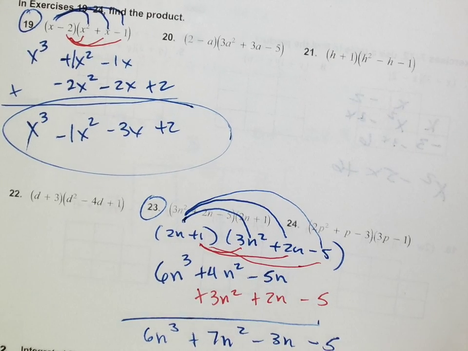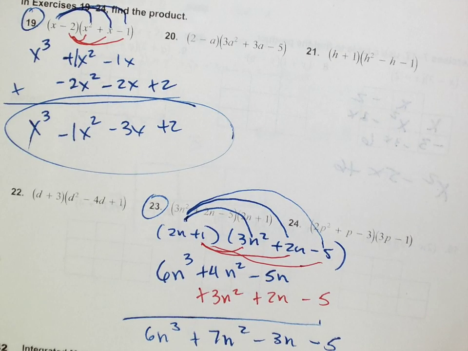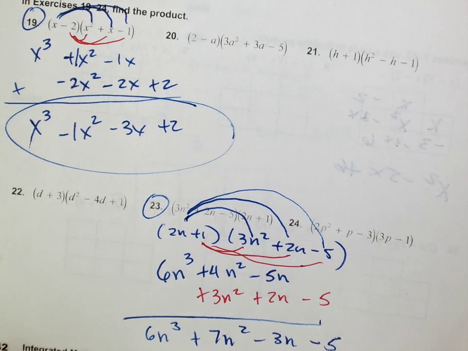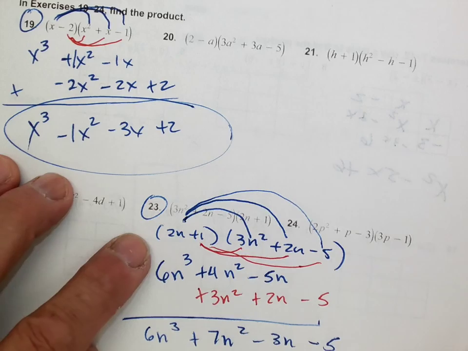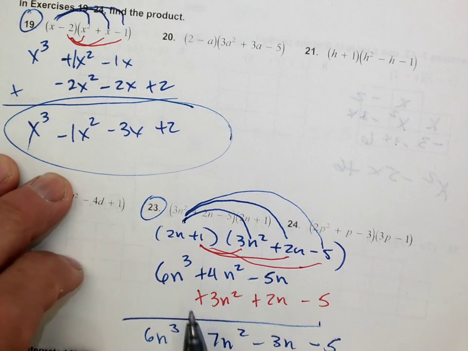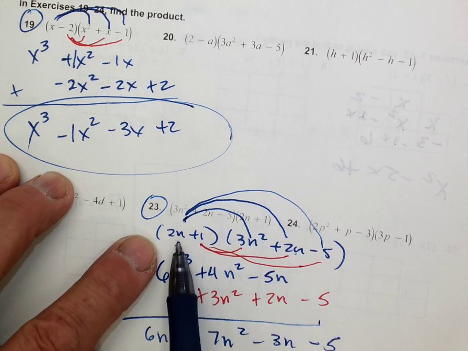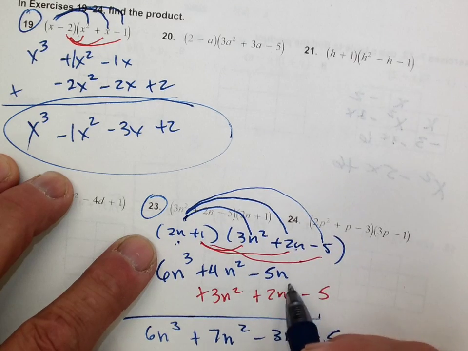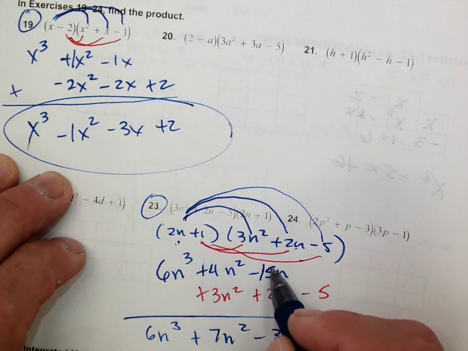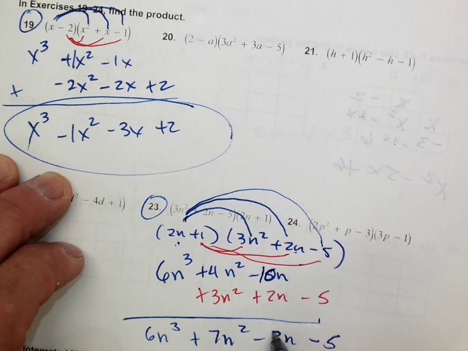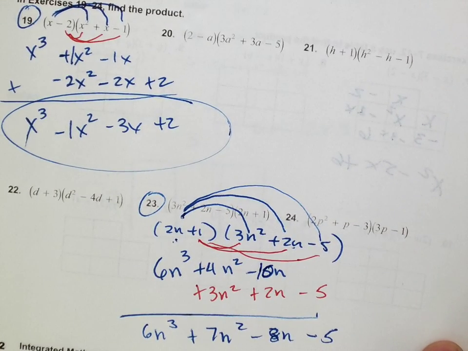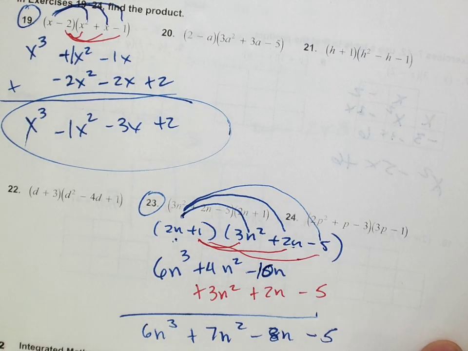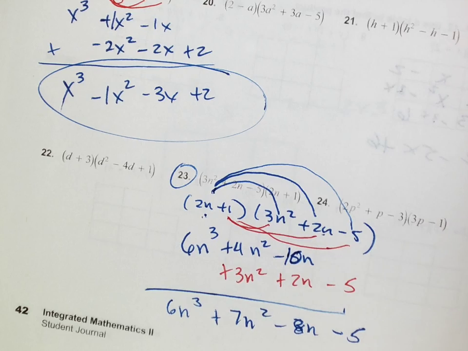Who got it right? Did I make a mistake? Oh my goodness, I did make a mistake. I made a mistake. 4n, that should be a 10, not a 5, right? Which makes that a negative 8. Okay, now I got it right. Who got it right? My bad. Thank you. Okay. All right, now, real quick, then,